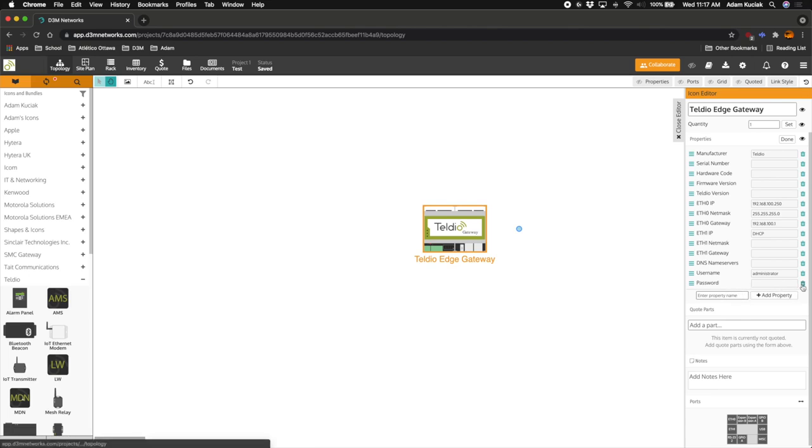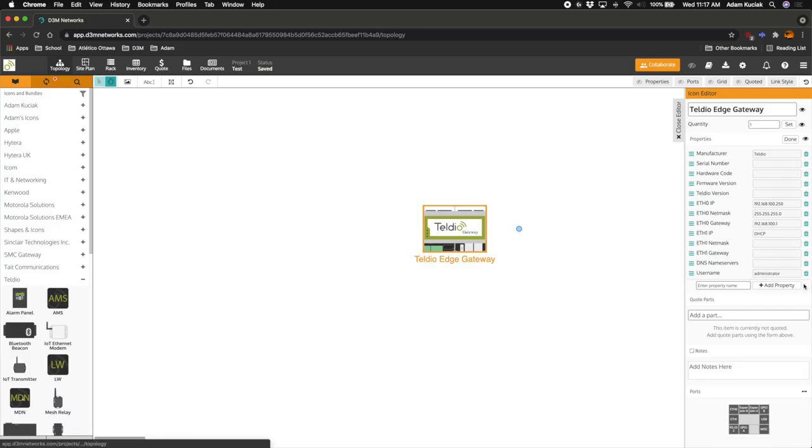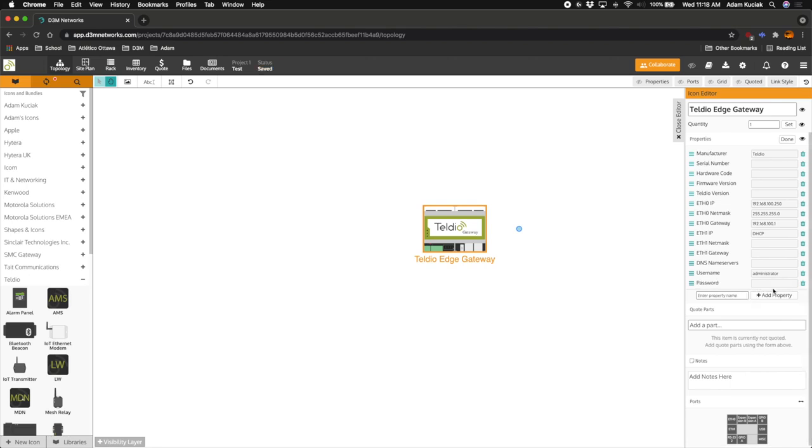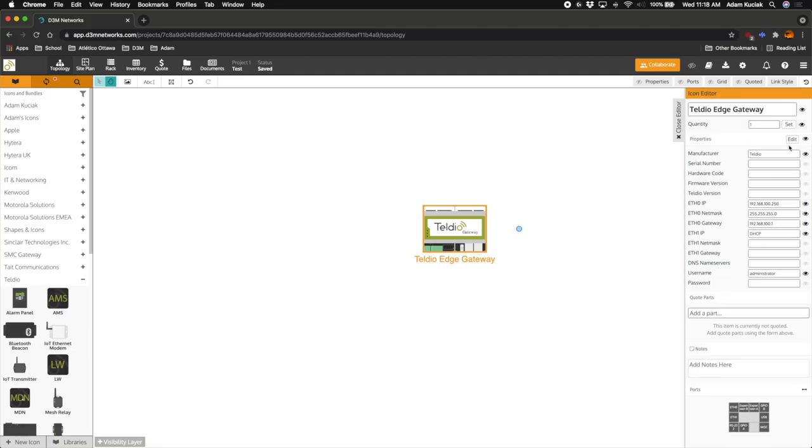property. Now, for example, if I wanted to delete the password property, all I do is click the garbage can, and then to put it back, I simply type it out and click on Add Property. Clicking on Done at the top of the Properties tab will ensure that I can no longer delete or add